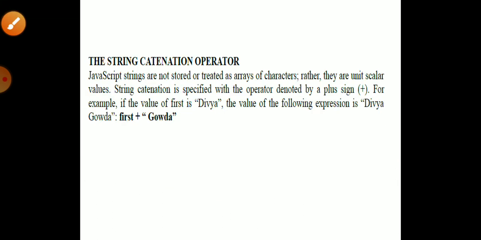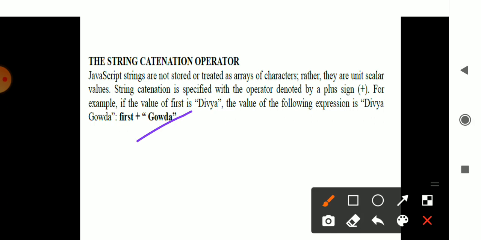And here also you use a concept called concatenation. It's nothing but joining two elements. How it is done is using the plus symbol. So you can use any keyword like this, Divya and Gowda. Two elements are there. I want to concatenate both of them, that is Divya and Gowda. You may use the keyword first here. First element is Divya plus Gowda, or you may use Divya plus Gowda. Like that, two elements can be strings, and can be added with the help of concatenation. Here either you use the concat keyword or you may use the plus symbol to concatenate them.